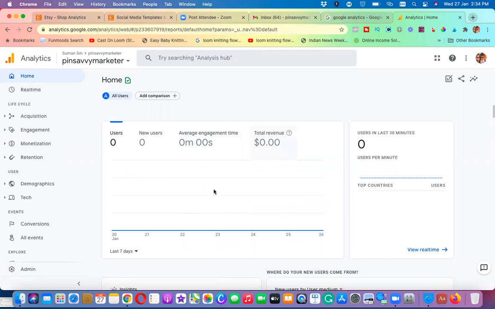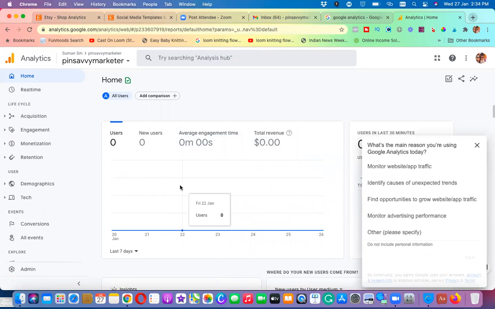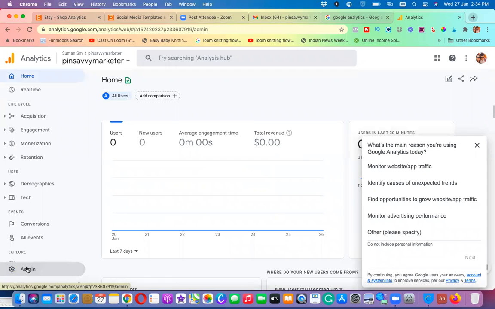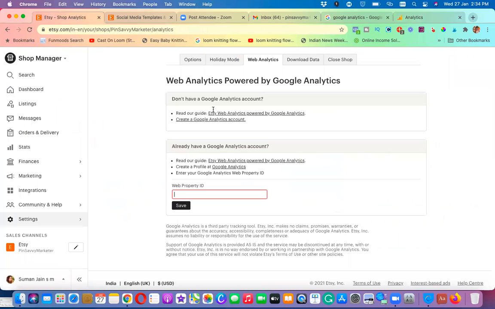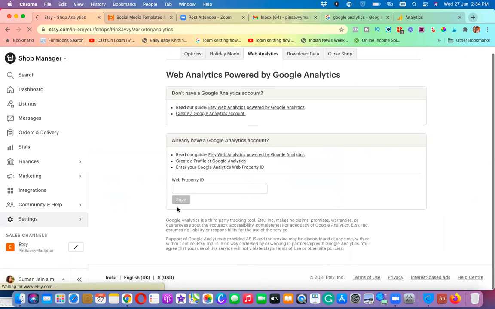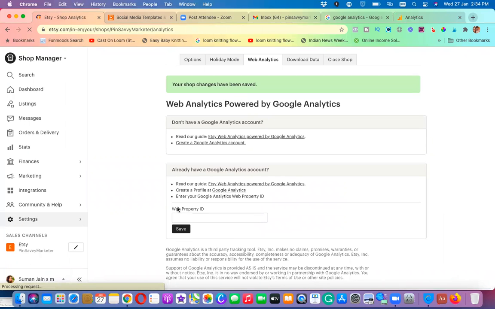Google Analytics also has its own trainings, and Google will give you all the trainings. But make sure you just go to this admin and create an account. Once you create an account, you will get this ID in account settings. This is a simple thing, and you just have to copy that ID, paste it in analytics and save it. It's very simple, just to track what kind of traffic you are getting in.